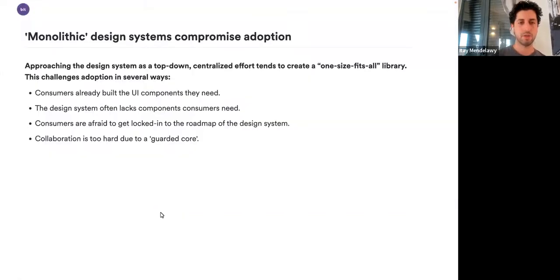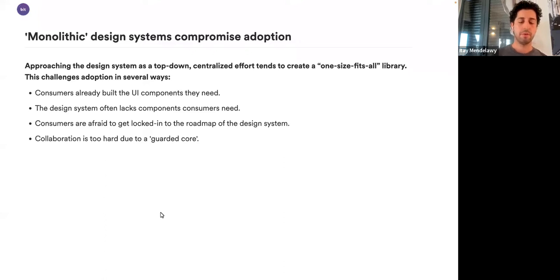Okay, so when we think about design systems, typically those design systems that we build are monolithic. And the monolithic design systems that we see when we work with our different partners and customers, as well as inside the community, tend to compromise adoption in various ways.